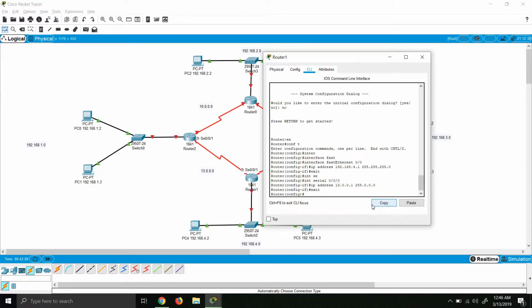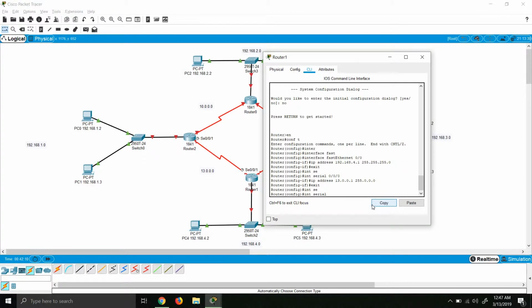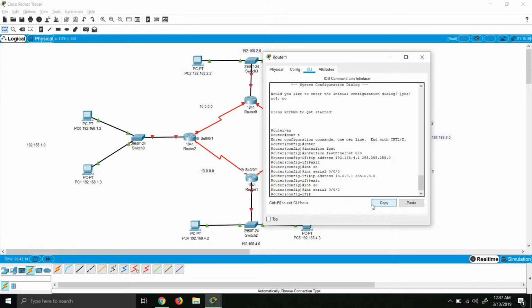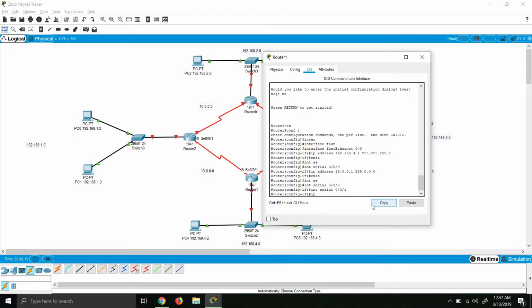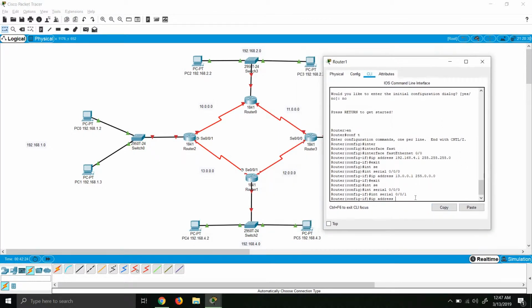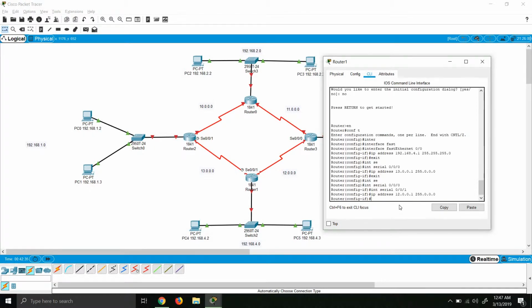Exit, interface, serial 0/0/1, oops, IP address. Okay, so this network we have here is 12, so it will be 12.0.0.1, 255.0.0.0. Okay,